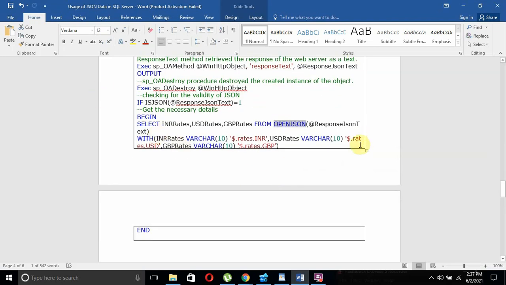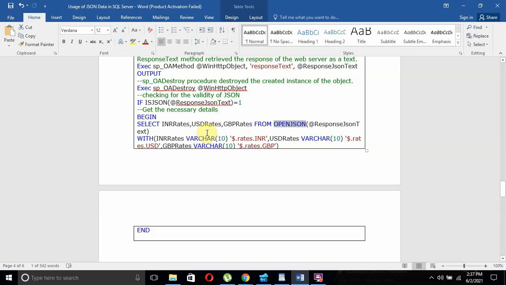When you use OPENJSON, this is the syntax you need to follow: however many columns you specify inside the WITH clause, similar column names should be present outside as well, and you have to define the data type.